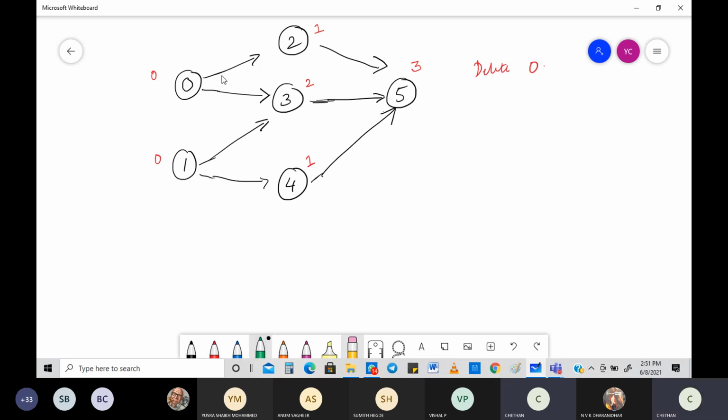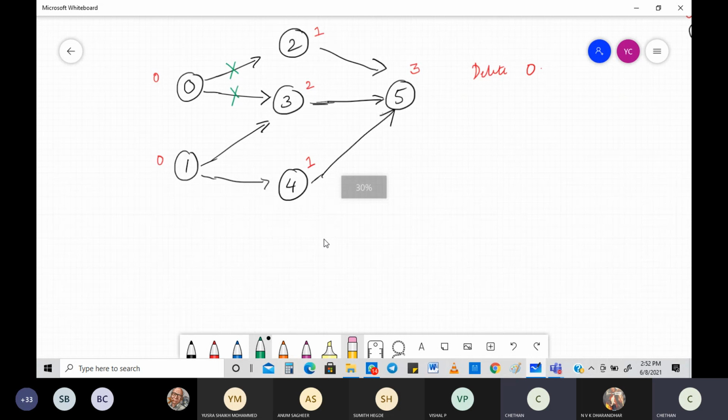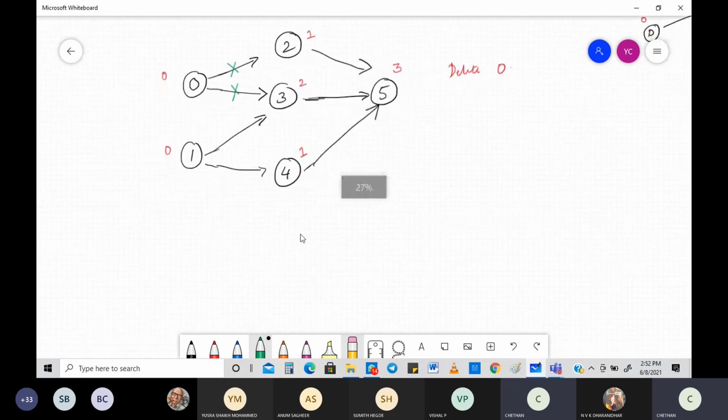So if I do that, what are the things that will be done? This will be deleted, and of course all these edges will be deleted. See, I put that cross mark because generally we forget to do that, and then it will become wrong. Because every time the integers will change, you have to be careful with that. So you see 0 is deleted, and also all its edges. So the graph will become, one second, I need to write it once again, so it will take some time, so just look into it.